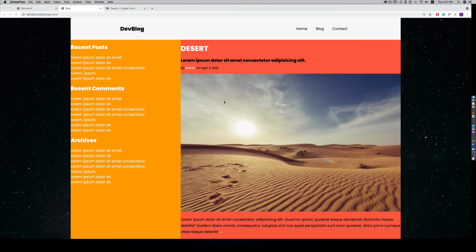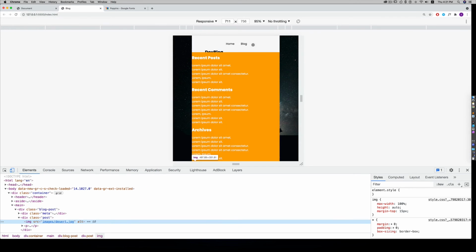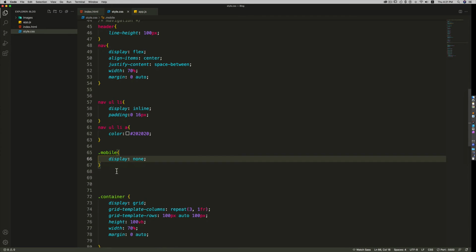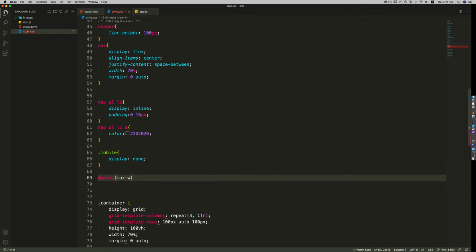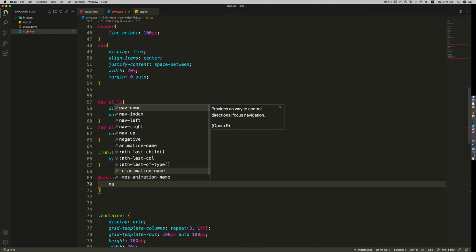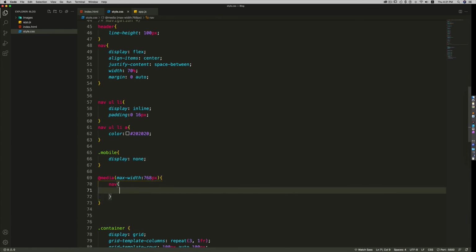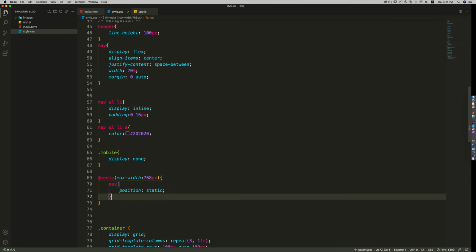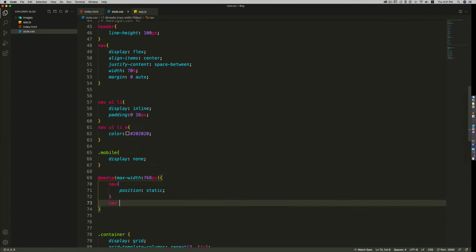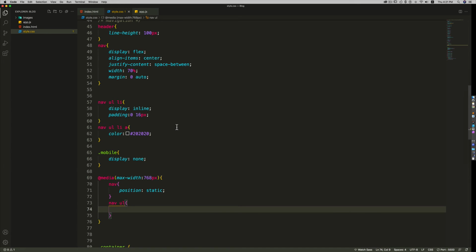So now let's work on the mobile version for this navigation. So right click, inspect. So this is how it looks like. So here I'm going to use media queries. So at media, max width 768 pixel. Inside this I'm going to change the position of nav to static, and then I'm going to target the UL, and here I'm going to set the width to 100%, background color gray,